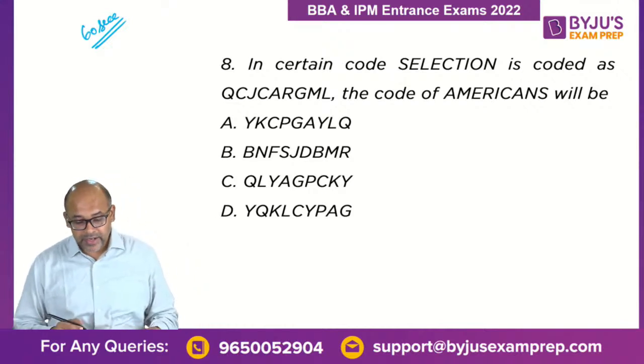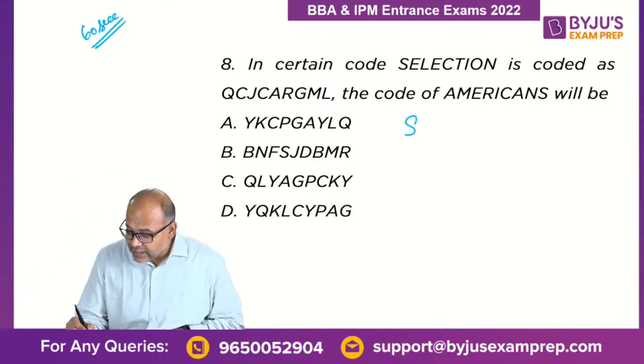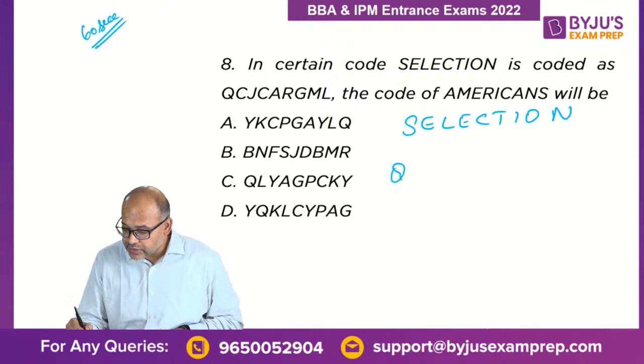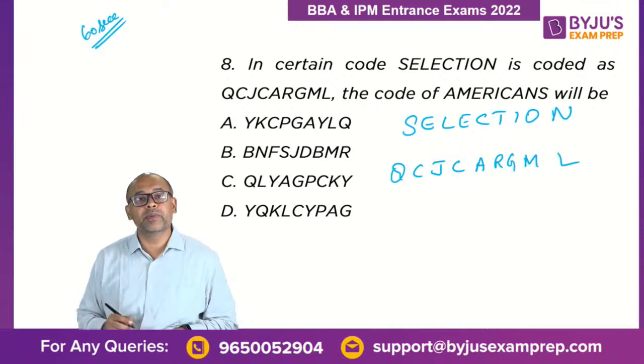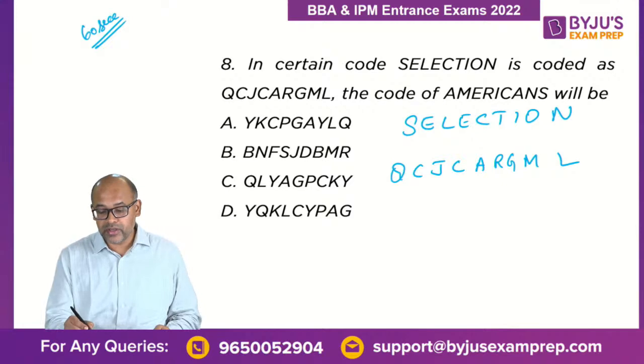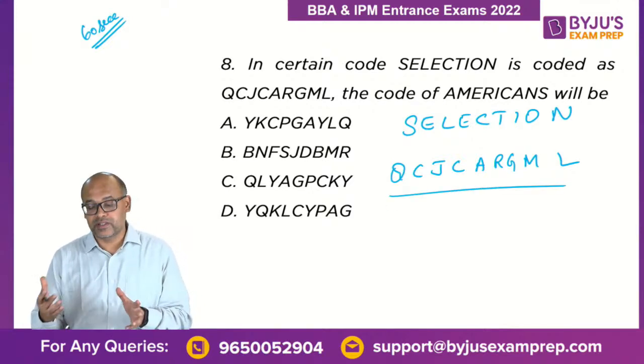Alright, so that's about a minute. So let's see what is happening. Selection is coded as QCJCARGML. So basically what is happening here, you have to understand how is selection becoming this garbled or jumbled up